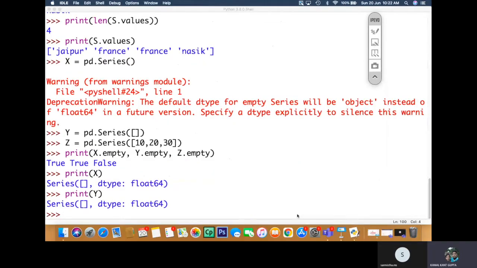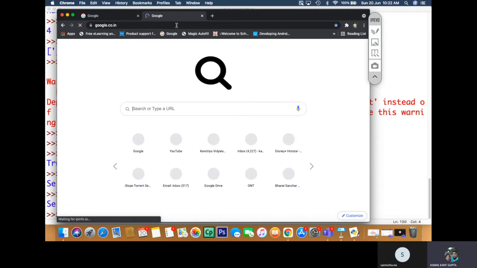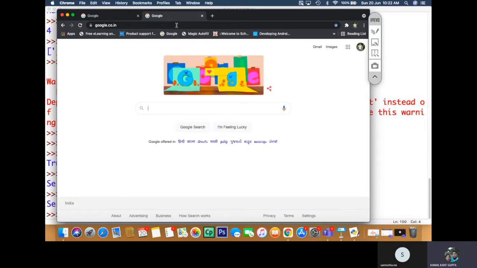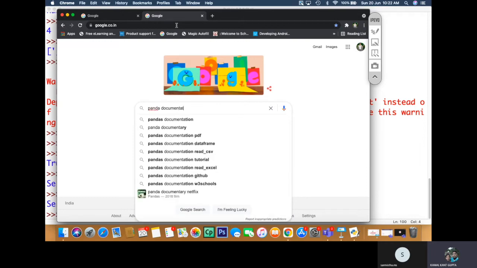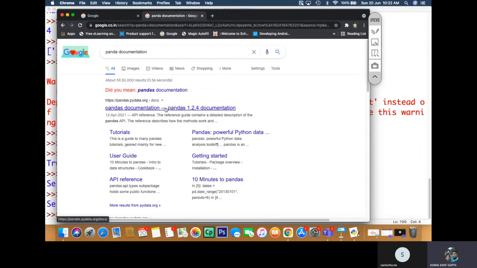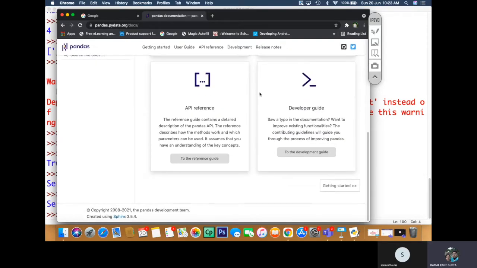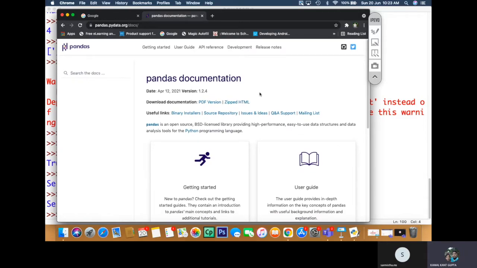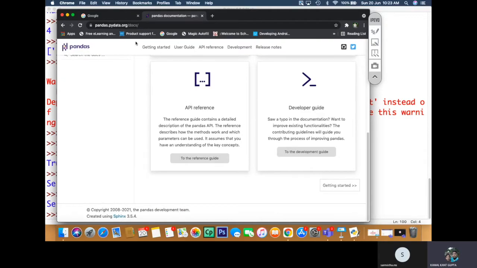If you want to go through all the attributes of a pandas Series, you have to go to the pandas documentation at pandas.pydata.org. There you can go through each and every thing about pandas Series, and easily get all those attributes.